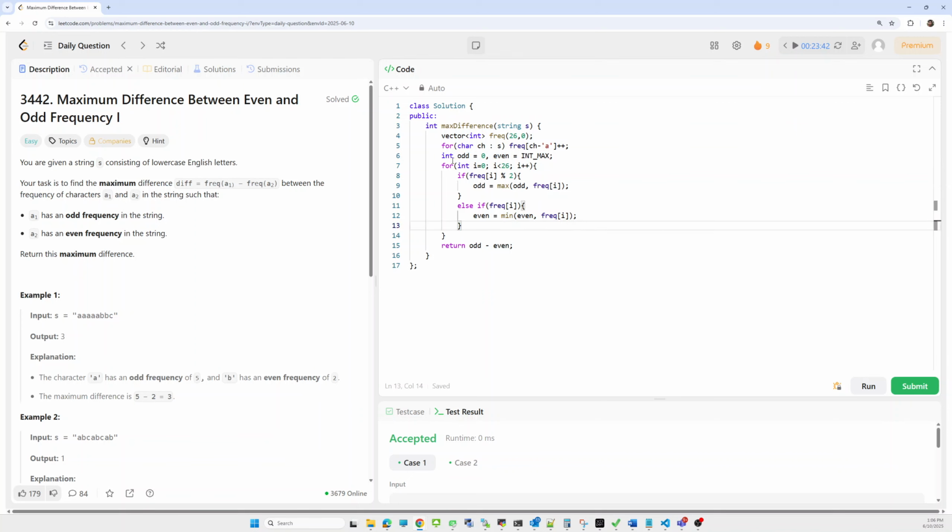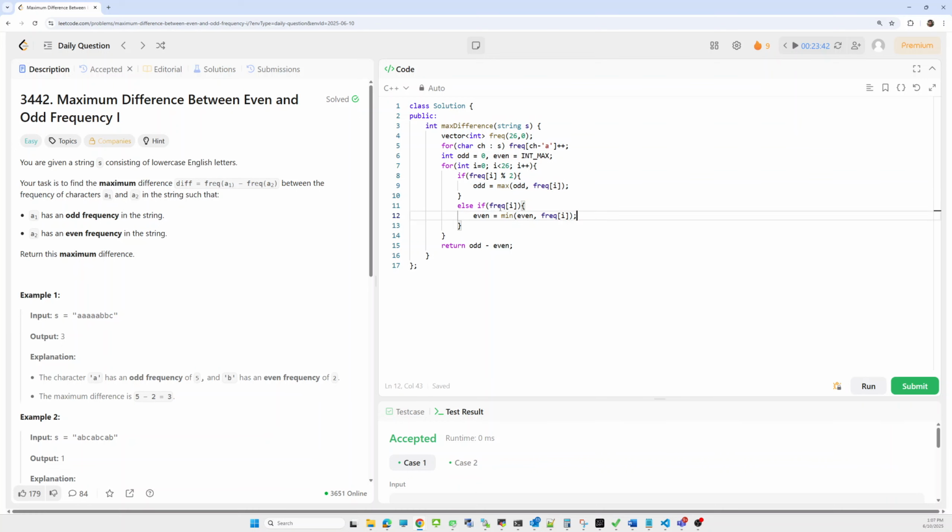Now we'll iterate over the frequency list. As the frequency array has size 26, we'll iterate over it and check if the corresponding character has an odd frequency, then we check if the frequency is maximum, and we'll update the odd frequency.